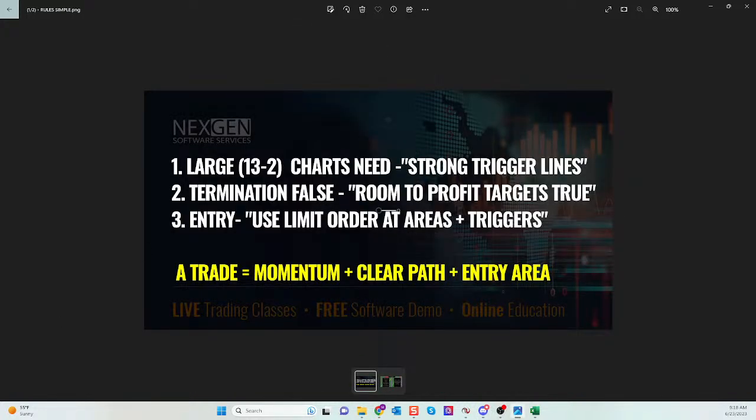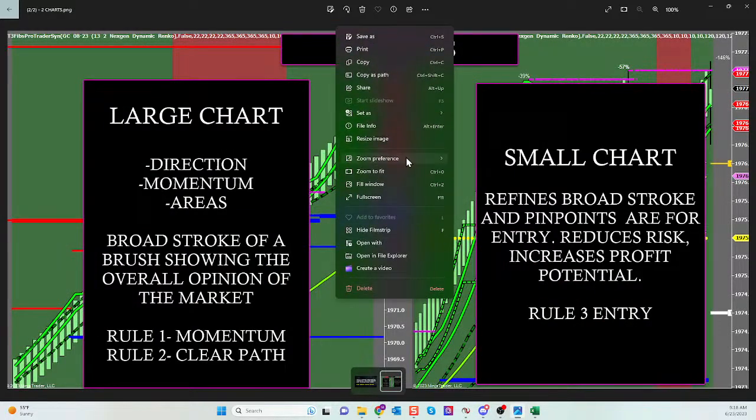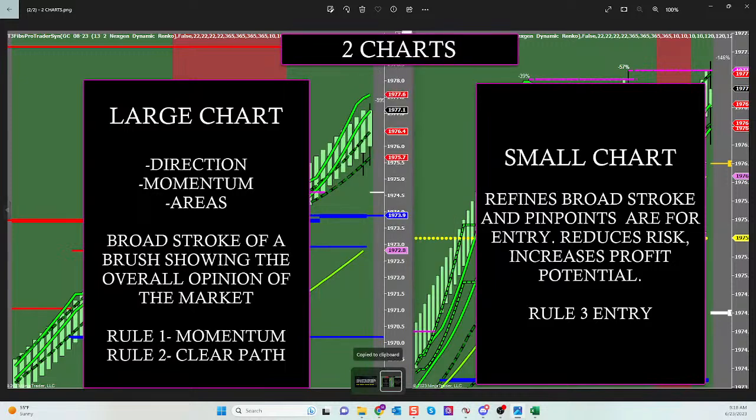So I'm going to give you these rules, guys. I love it when you steal the pictures I put in the room. I put a lot of pictures in the room. There's your rules, and here's where they happen. And it seems pretty simple, right? A lot of people make the mistake of looking for areas to stop the market on a small chart rather than just an entry. So that's why I throw that out there.